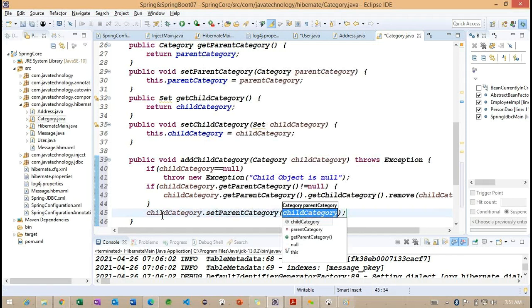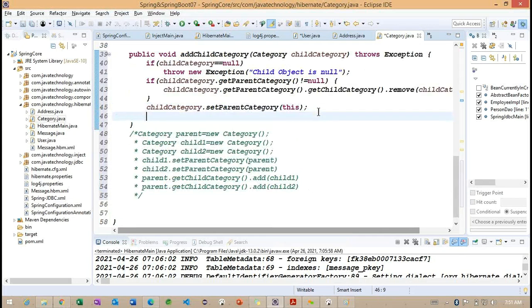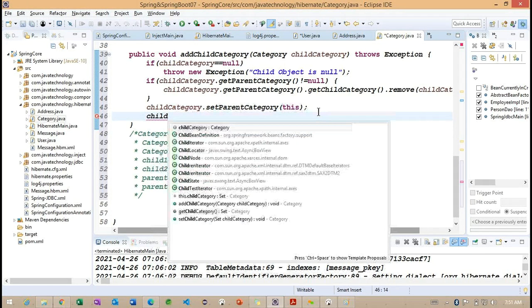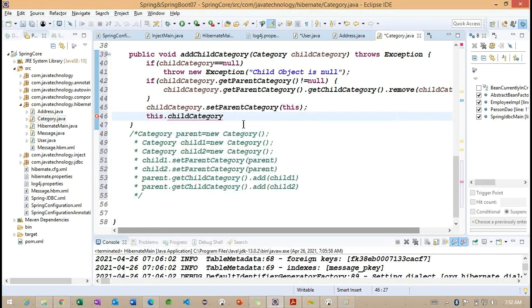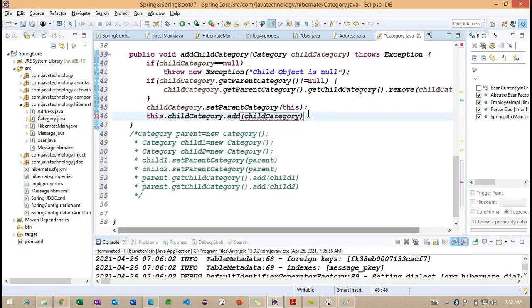So this child category dot parent category. Here I want to specify this object. The current object I'm making the parent object for this particular child category, and using this child category, this dot child category dot add under child category.